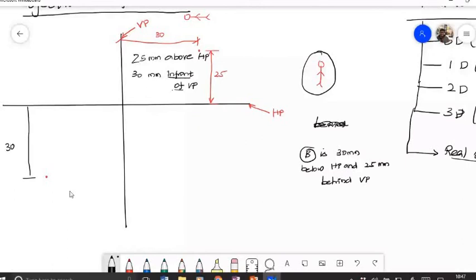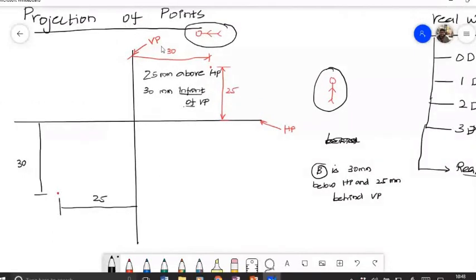So that's why I told you, you need to remember one thing: the position of the observer is very important. During the projections, they maintain this position of the observer. You can change everything, but the position of the observer cannot be changed. For example, to take the front view, you cannot go below like this. It should always be like here. And for the top view, it should always be like here.